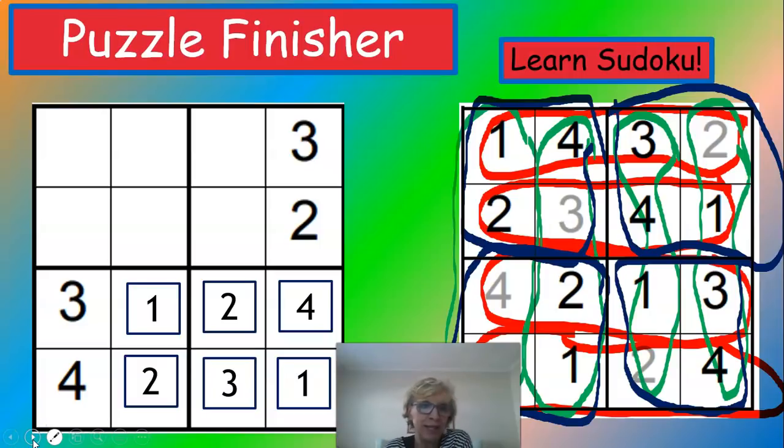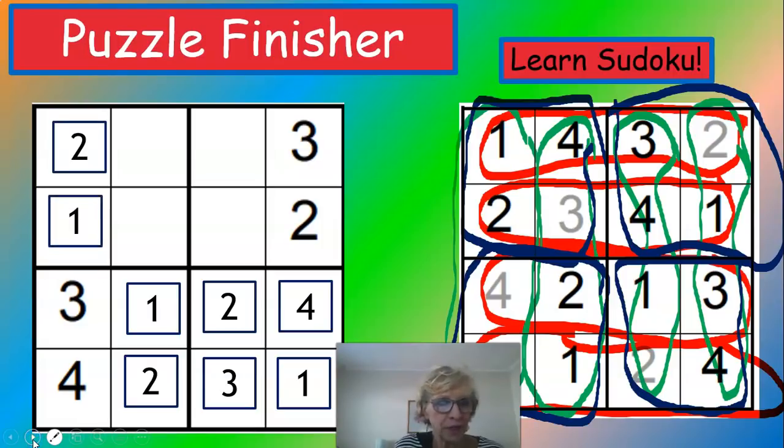So we've completed that. The next thing I'm going to do is, I know, and I'm going to put these in first, grade 3s, that I have got to put a 1 and a 2 in these two squares because there's a 3 and the 4 already here. But I cannot put a 2 there because there's a 2 there already. So those are the only two places for my 2 and my 1 to go. Next step,